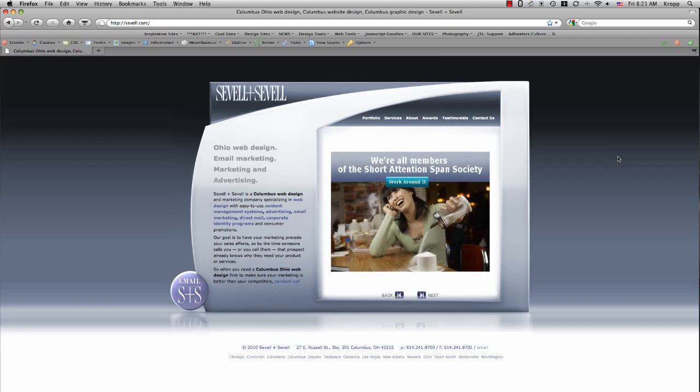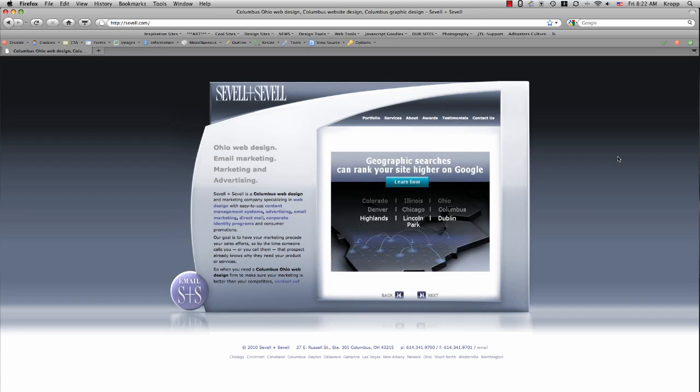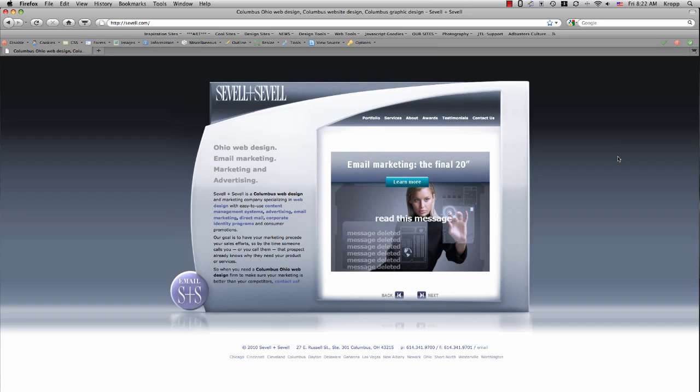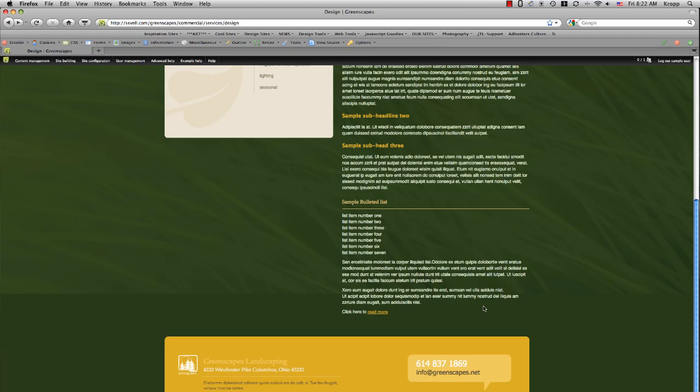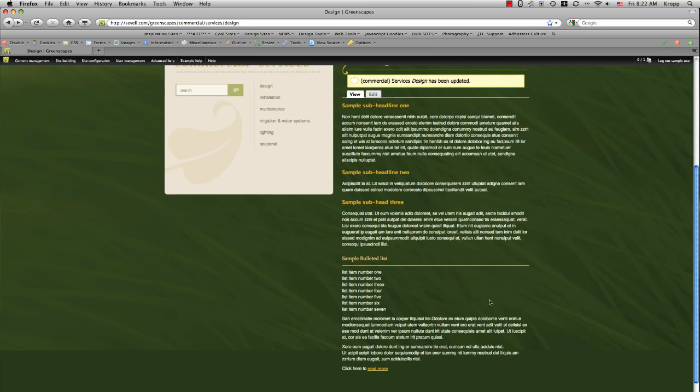The only problem is it transfers away from the Greenscapes website. We probably want this to just simply open in a new window so the Greenscapes website stays on. So let's go back a page, and let's change this Read More link so it opens up our external link in a new window. We'll just click on Edit,